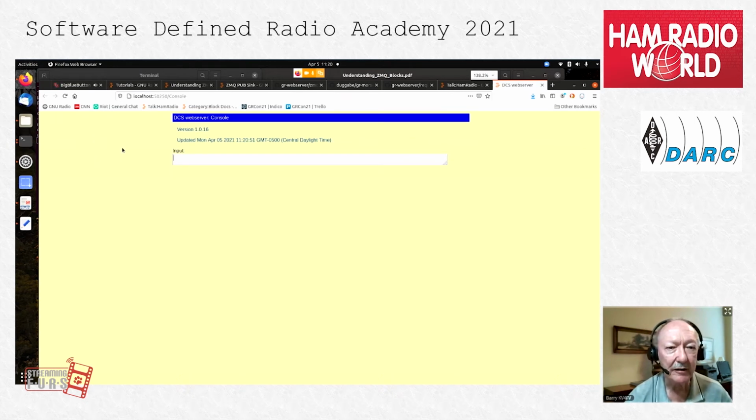So here's my screen. Whatever I type here on the input is going to be displayed below with a greater than sign, and anything I receive on the other socket is going to be displayed below here with a less than sign.